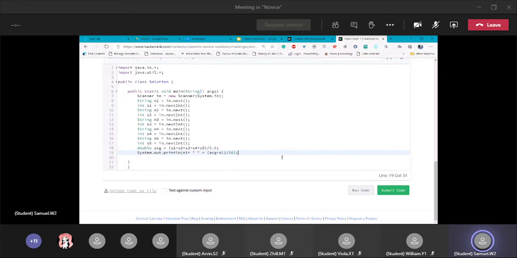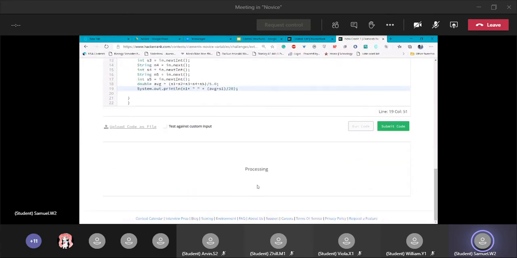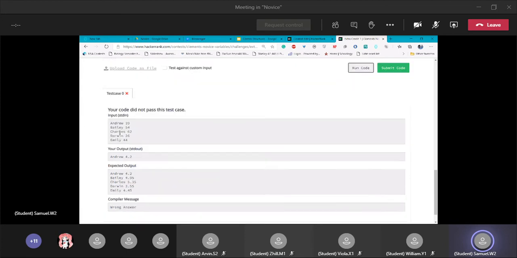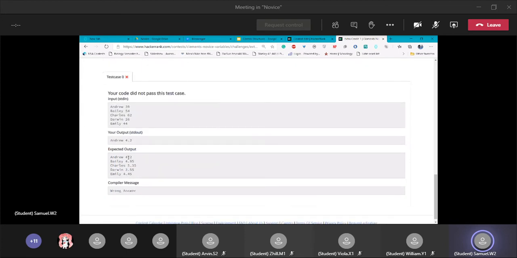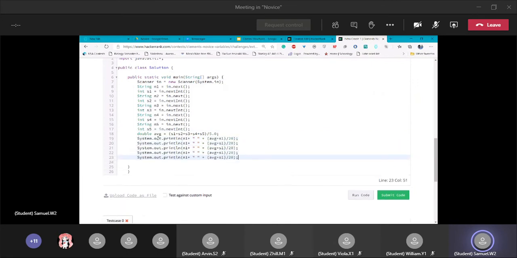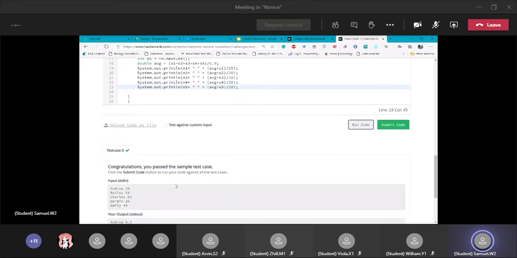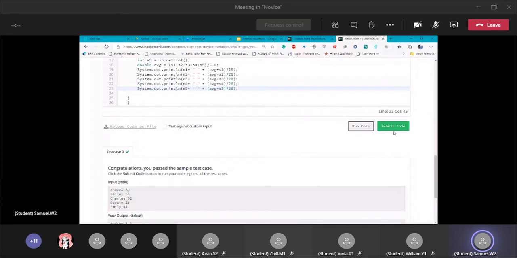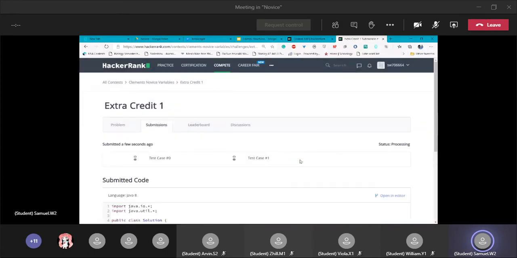And then we can first see what this code outputs, and you'll see that your output is correct for the first one. So you know that everything above this is correct. And so we can just do the same for each one of the students. So we can do n2, n3, n4, n5, s2, s3, s4, s5. And if we run this code, we'll see it works for the first test case, and then if we submit it,